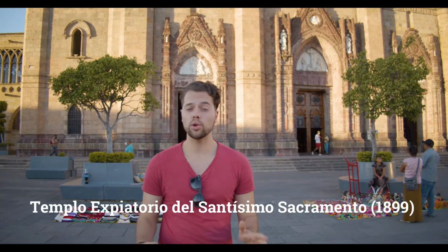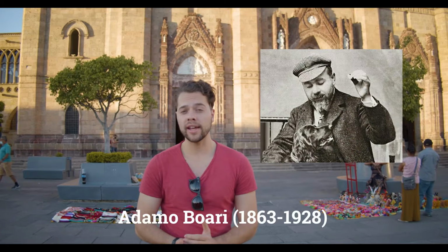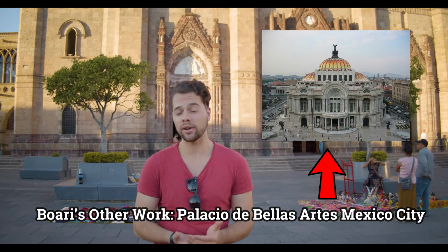I found another cool art spot in Guadalajara, the Sacrament Church, which is really cool to me because it's actually built by an Italian named Adamo Mori. And this is really interesting too here in the city because it's neo-Gothic style, which in layman's terms is a church built in the 1890s to replicate a medieval style church, which has, very interestingly enough, behind me you'll see